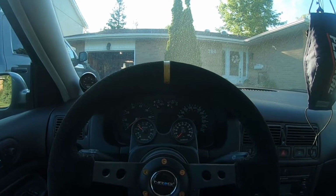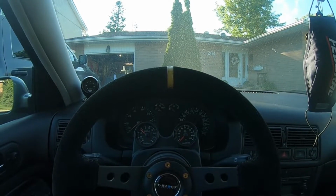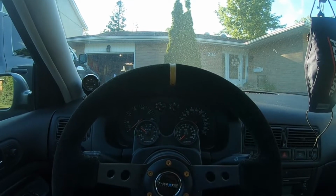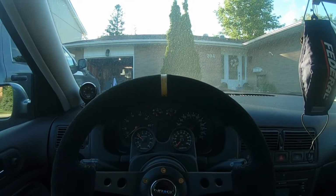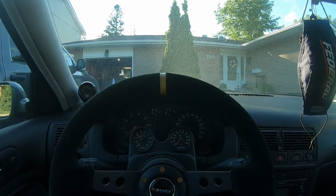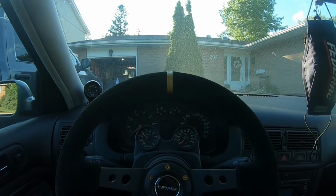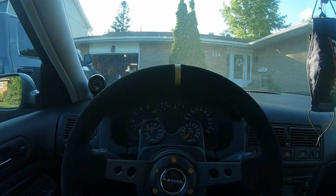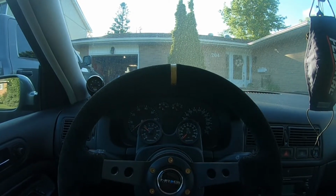And then I think today we're going to work on getting our oil cooler back up and running. So we're going to be taking off our small one and putting on the original one with the fan. Maybe wire up the fan today. We'll see how it goes. And then if we have the time, I'm going to try to get our power steering lines all sorted out. So we're going to be putting in an aftermarket power steering cooler. That's going to involve running our AN line. So we're going to run from the high pressure,